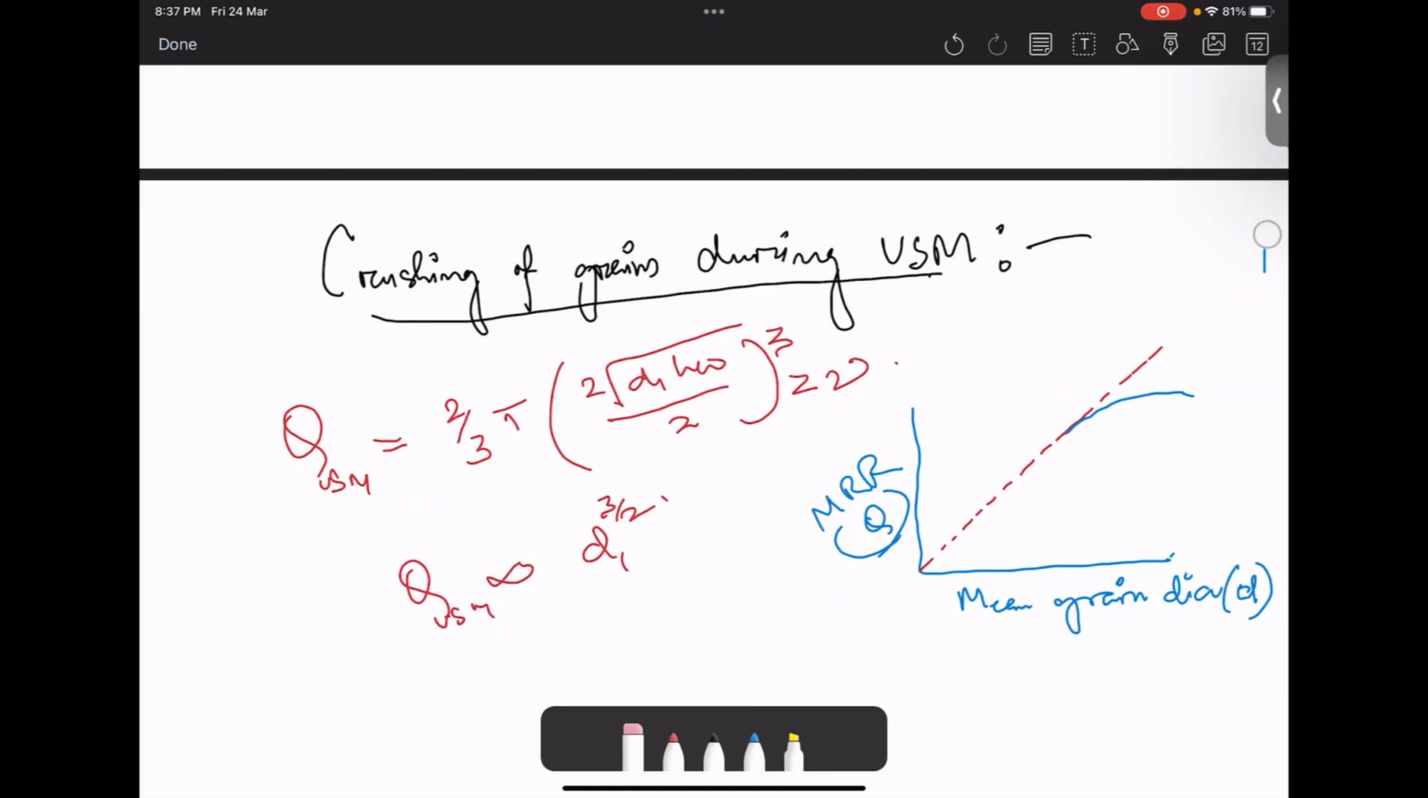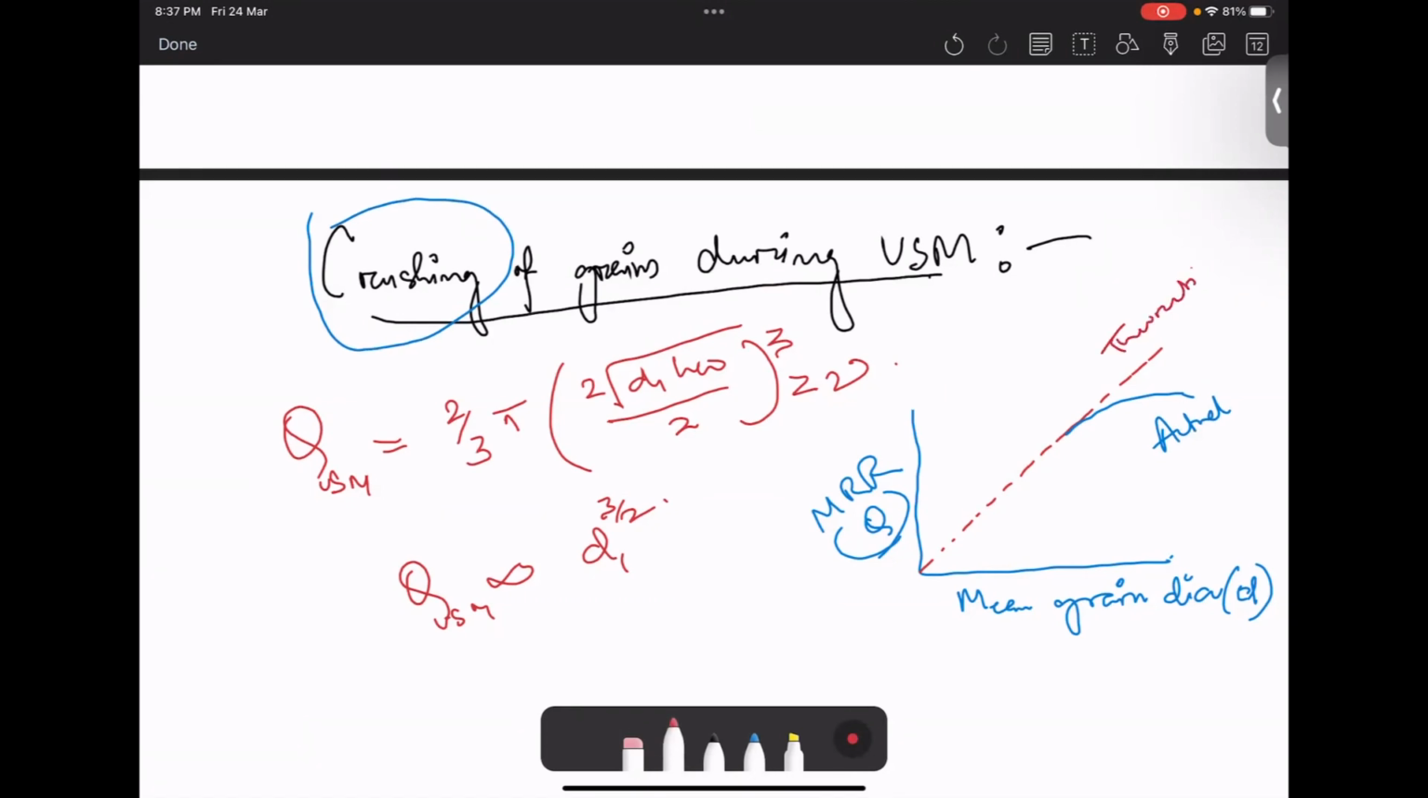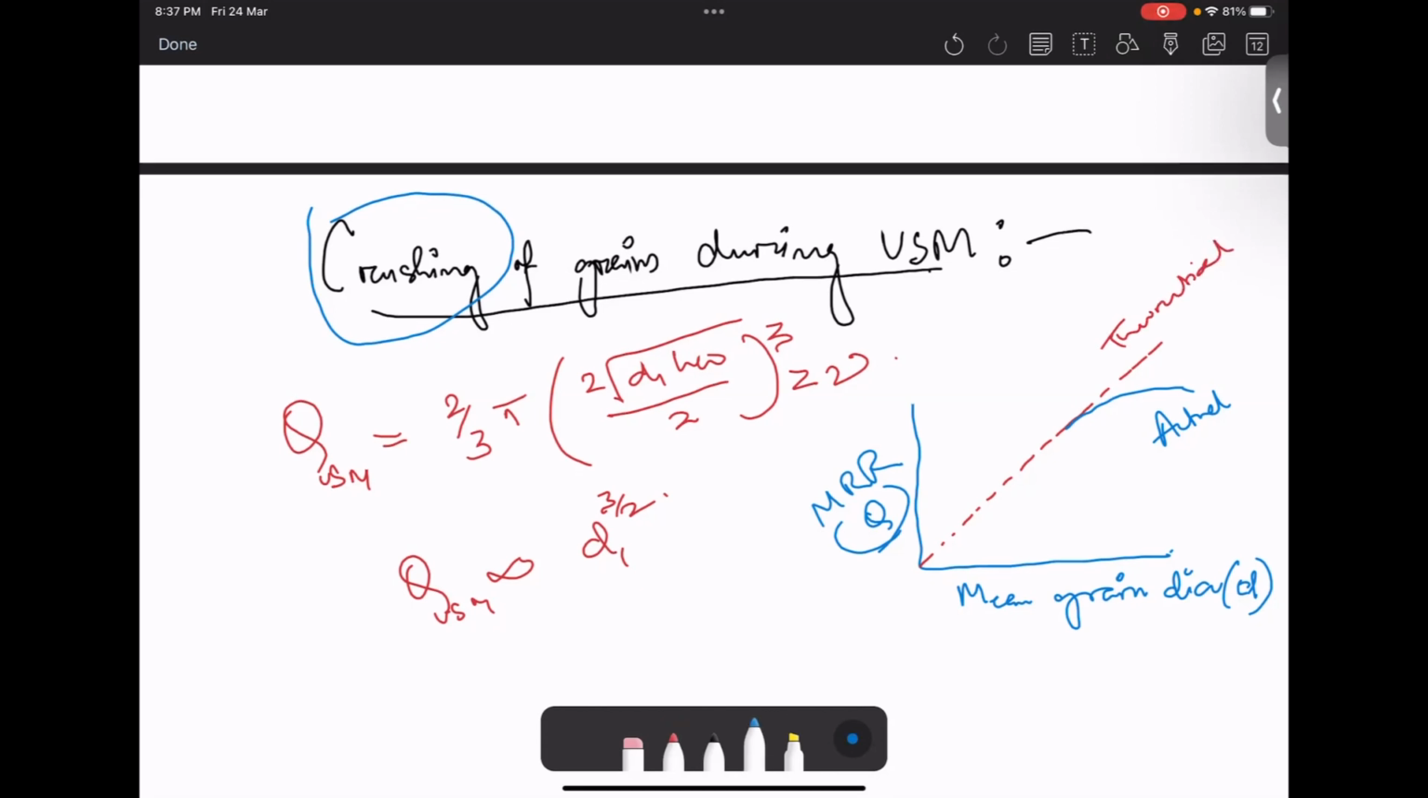Now, what is the reason? Here comes the effect of the crushing of grains. Okay, so after a particular point of time, the crushing tendency of grains increases, resulting in a fall in this particular MRR. Okay, so this is your actual MRR variation with mean grain dia, and this is your theoretical variation. So considering that,